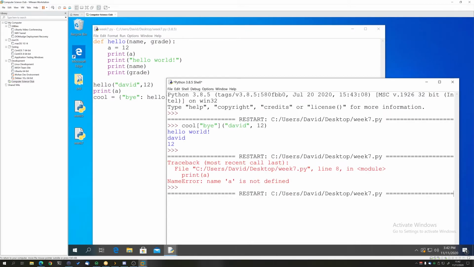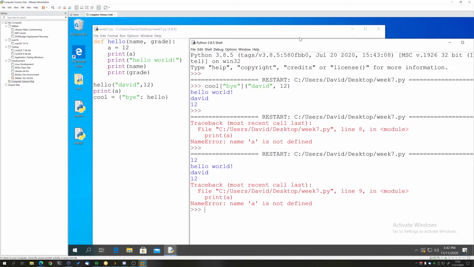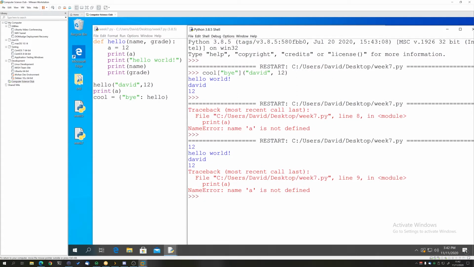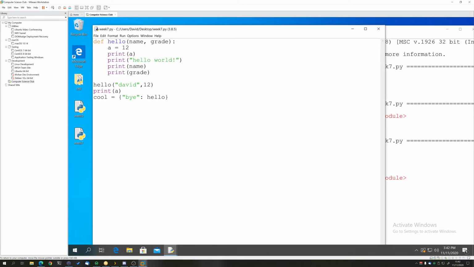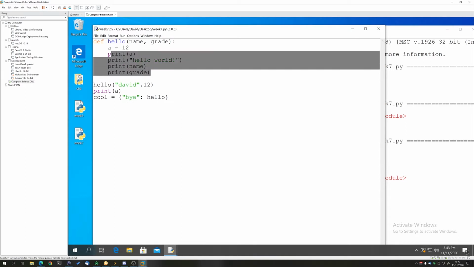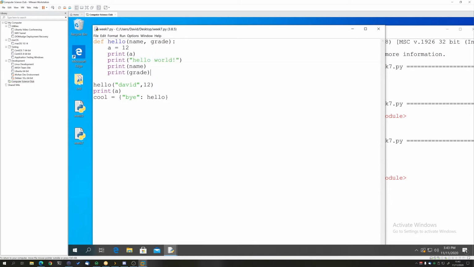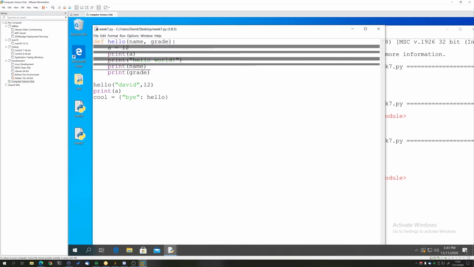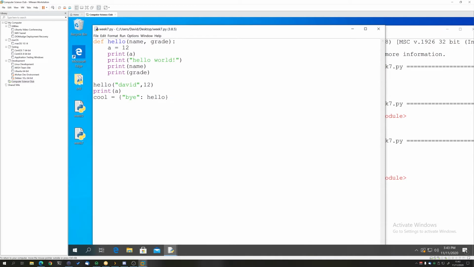It'll be defined within this scope, but it will not be defined in the global scope. Anything not within a function is inside Python's global scope, which means it can be accessed by any function as well. However, anything that's within a function is in the local scope. So that means that it's only accessible within that function and any sub-functions inside of that.